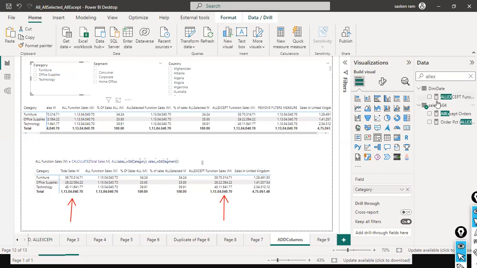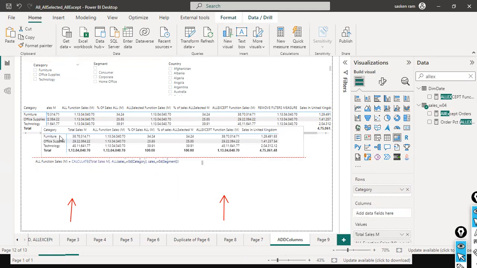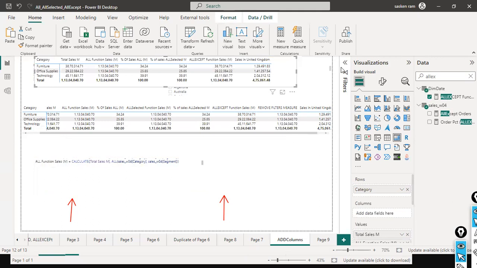Got it? So, okay, next one is the CALCULATETABLE function. To summarize, using the CALCULATE function, you can add a new filter. Also, with the help of the CALCULATE function, we can modify or override the existing filter context, along with ALLSELECTED and ALL. That is what we can see here. And next one is